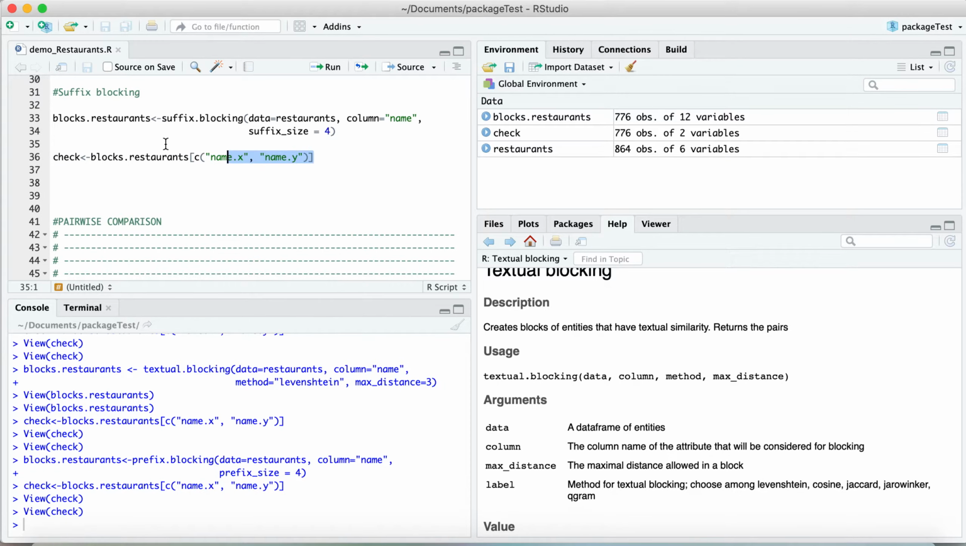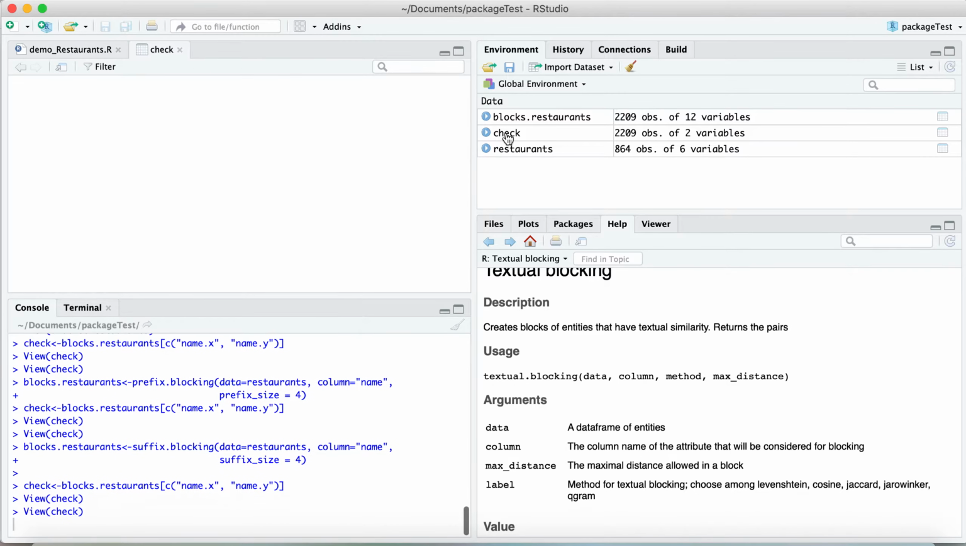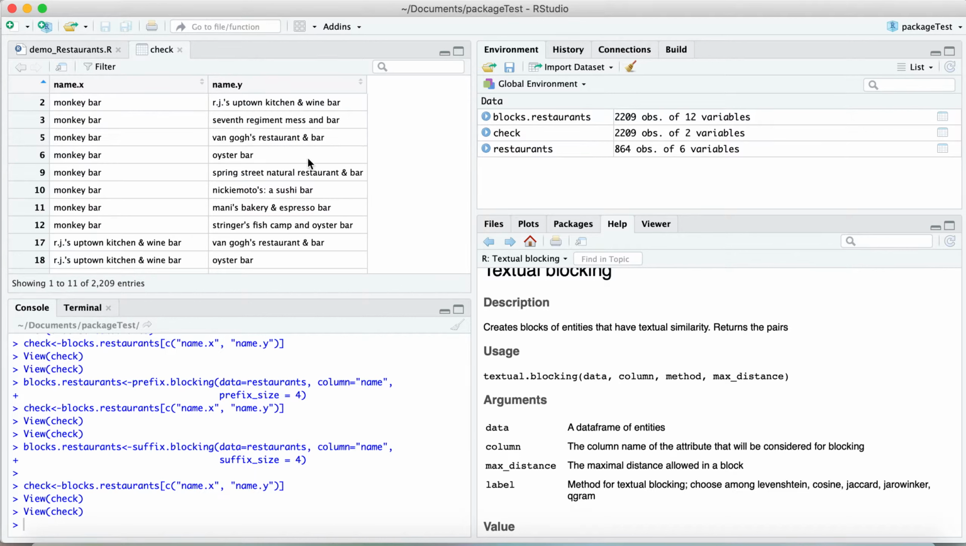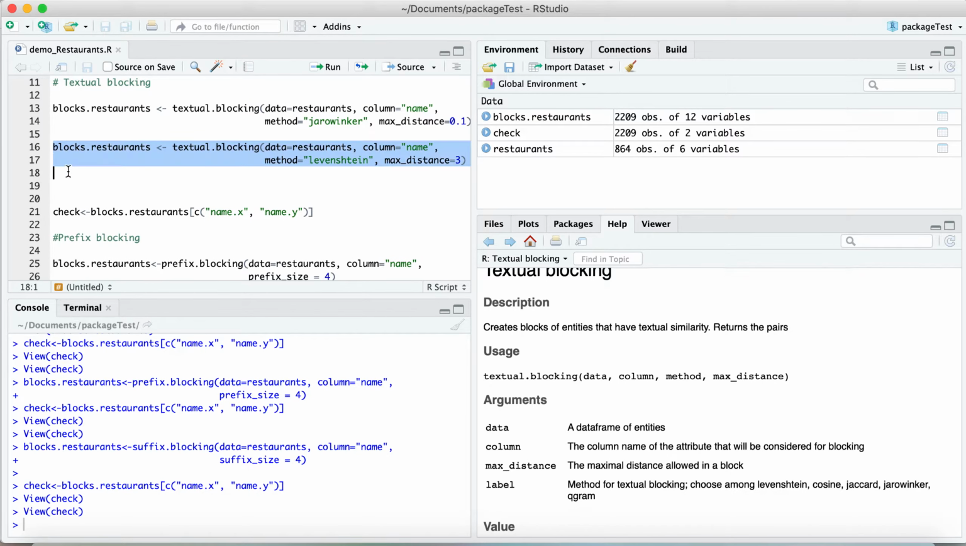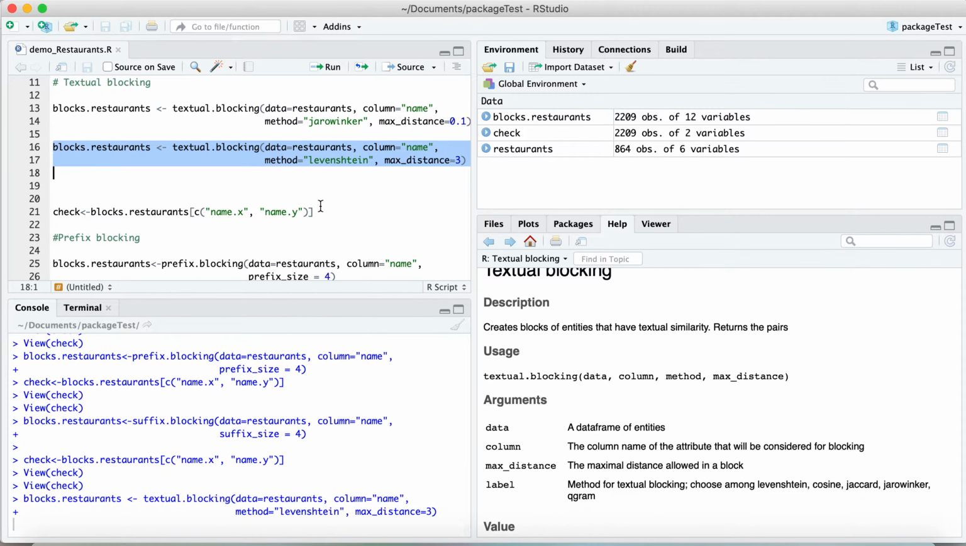And then let's try also the suffix blocking, the same idea, but now we check that they end with the same characters. And we got a lot more comparisons, but we got a lot of entities that we're sure might not be the same, for example, monkey bar and oyster bar. It's common for these entities to be accompanied by the word bar or restaurant. So be careful that the domain you apply the blocking to is appropriate and gives you good candidates to compare further. So since this wasn't that good, I'm just going to keep the blocks of the Levenshtein for our